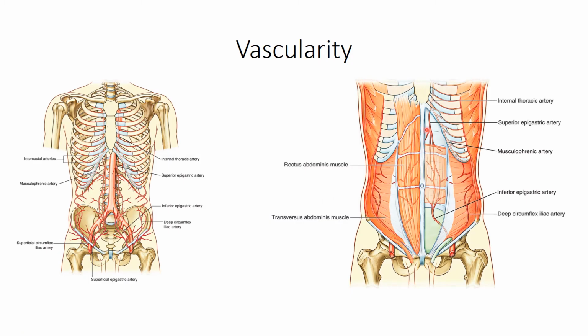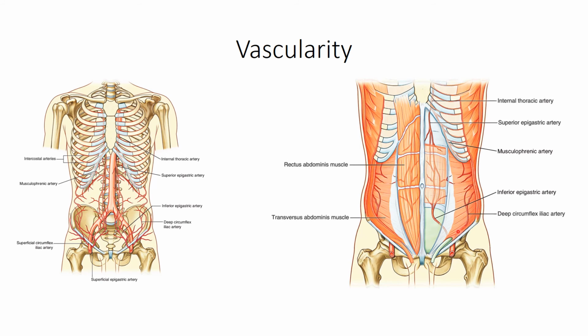So apart from the superior epigastric artery, which is the terminal branch of the internal thoracic artery, and the inferior epigastric artery, which is a branch from the external iliac artery, other than these, this portion is supplied by the upper three lumbar arteries, which, passing behind the quadratus lumborum, enter the neurovascular space between the internal oblique and transversus abdominis, and the deep circumflex iliac artery, which is